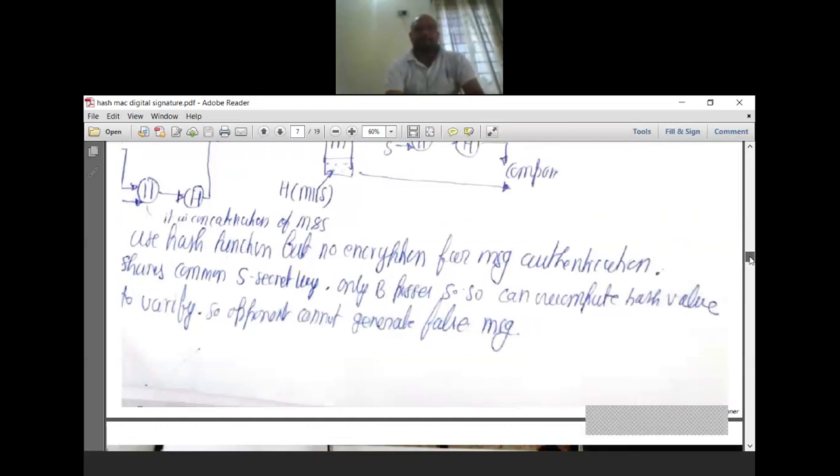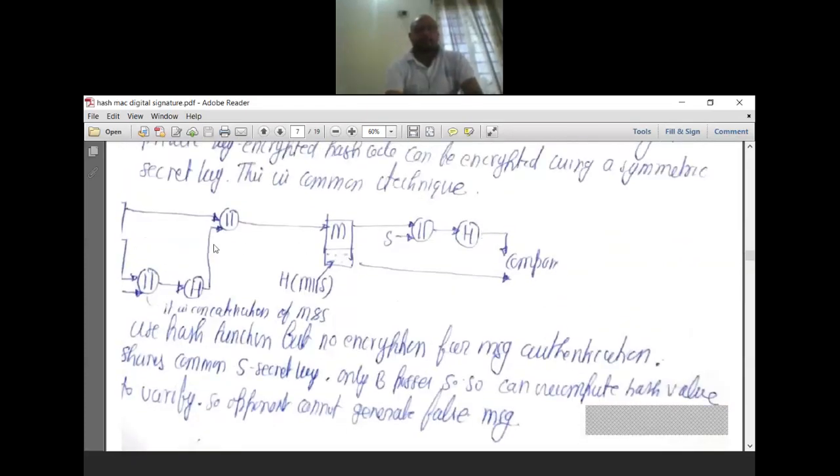In similar cases you will see it like this. In this case also, a separate secret key is being used for concatenation purposes. Then the message will come, that will have the separate secret key, and that will go through the hash value, and that will be concatenated with the message. So a separate secret key will be used while concatenating with the hash value. So we will use the message and the secret value, and that will go through the hash function, and whatever the output is will be compared.